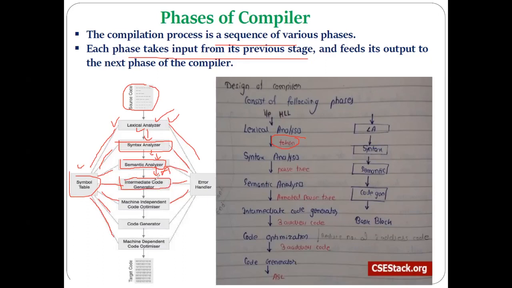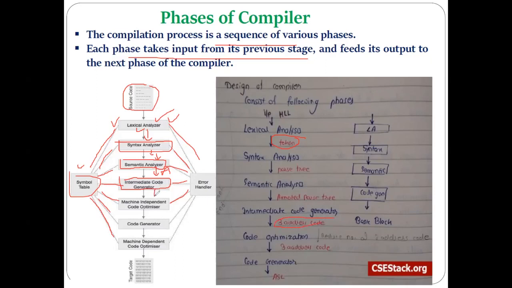Then the intermediate code generator takes the annotated parse tree as input and generates some intermediate code. In the intermediate code, we discussed what it is, what its need is, and the different types of intermediate code like three address code, DAG, and syntax tree. The most important intermediate code out of these is the three address code. Then we discussed different ways of representing three address code, like quadruple, triple, indirect triple, etc.